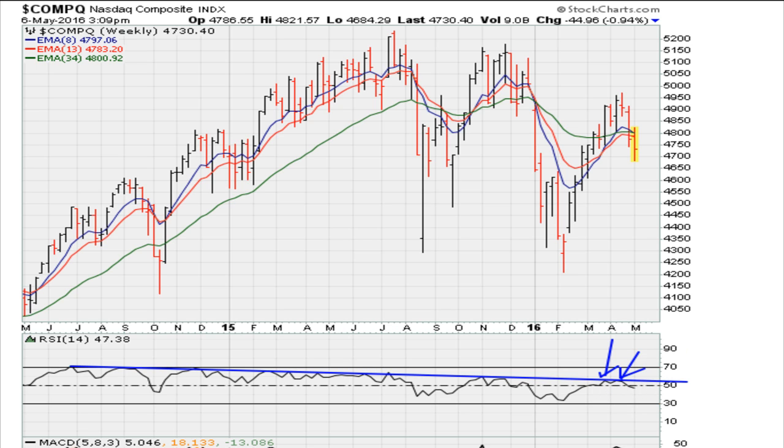So once we hit that topside resistance line on the weekly, we can see that we are getting this last couple of weeks to the downside. And also there was another line, and this is similar to that of the Dow and the S&P 500, that the market had come back and was testing the break off the highs of 2015.